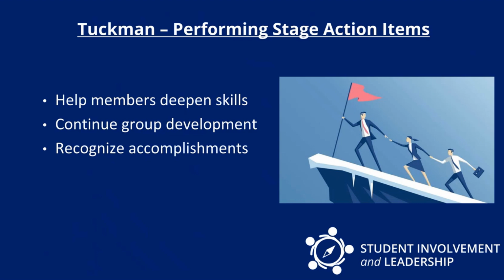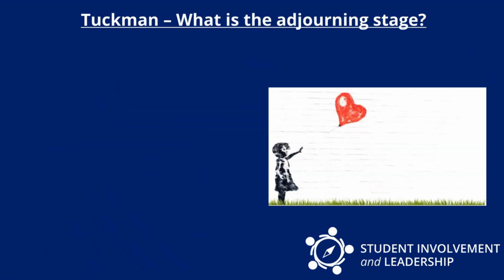And also, you want to start to recognize people's accomplishments. No one really likes putting all this effort into tasks, especially for things like student organizations, and then not getting any recognition for it. So maybe just start to recognize your members at this stage. And as I mentioned, have a little bit of a less directed leadership approach. So once we start getting towards high performing, that's great.